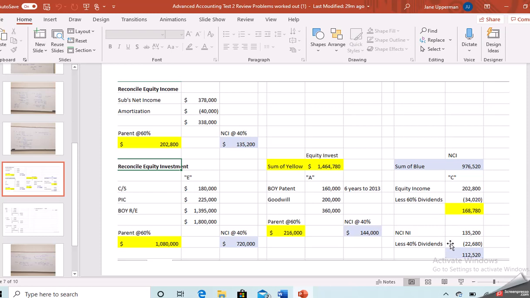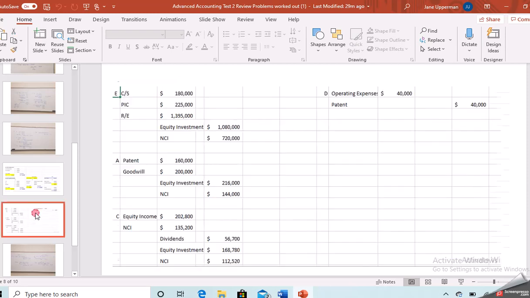Then I did break it out though, just to help the journal entry. So our net income attributable to the NCI is this $135,200. So that's where that comes from. Then go back to the dividends, $56,700 times 40% gives you the $22,680. And then that leaves us $112,520. Then if I sum those three entries up, the E, the A, and the C, I get what's going to end up in the NCI,